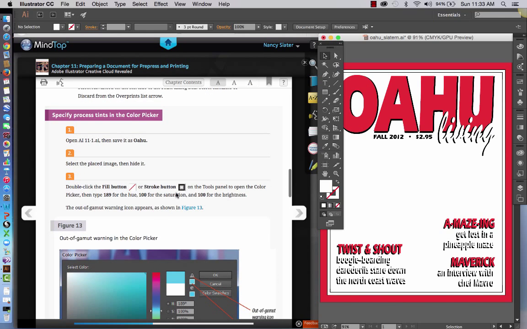We're going to double click the Fill button or the Stroke button on the Tools panel to open the color picker, and this is where I'm going to have to change this out. They're asking for the hue, saturation, and brightness. So I'm going to see if I can find a workaround to find those three options,